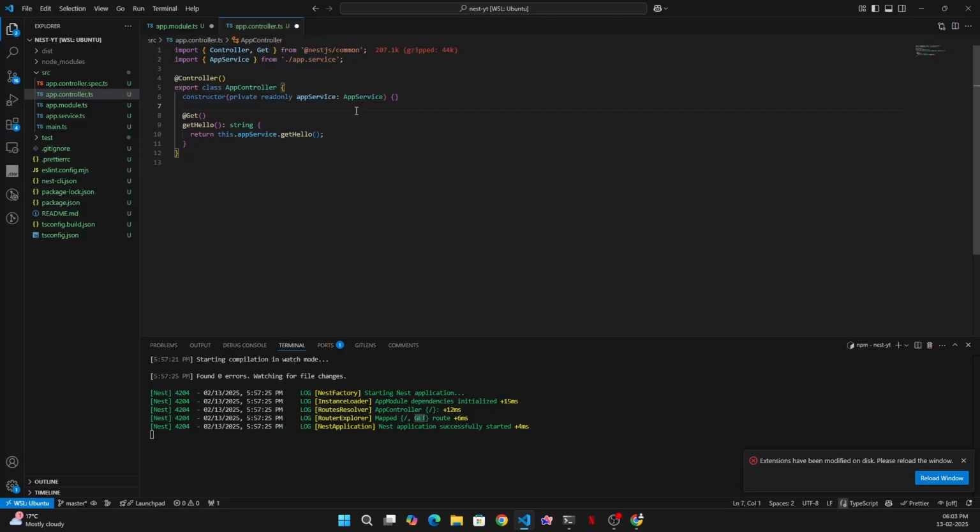So now we understood about app services. Now we have to come here in the @Get method. You might know a lot of API methods like get, post, put, delete, patch. We make a lot of requests, like a get method with a route, or maybe a post method with slash login,